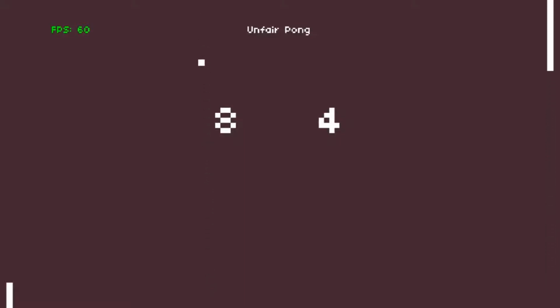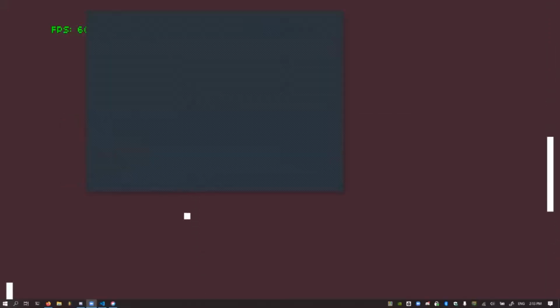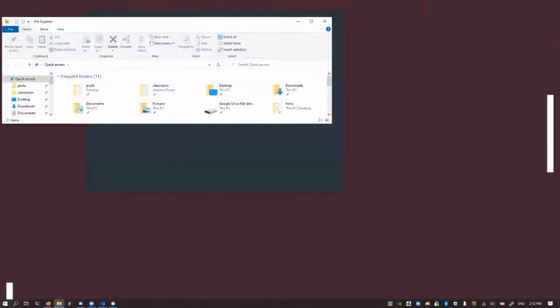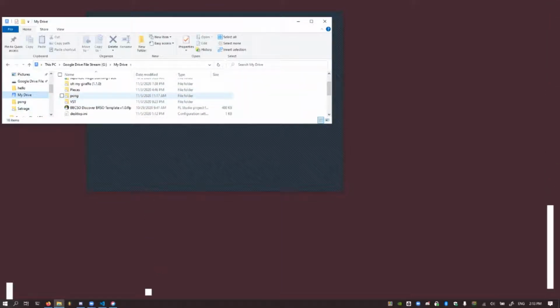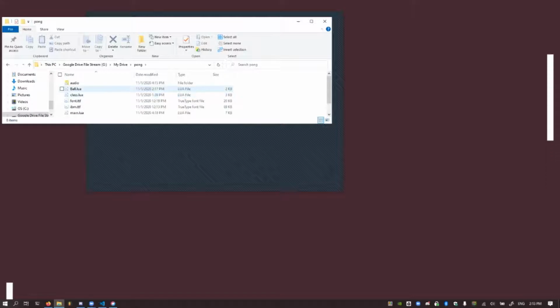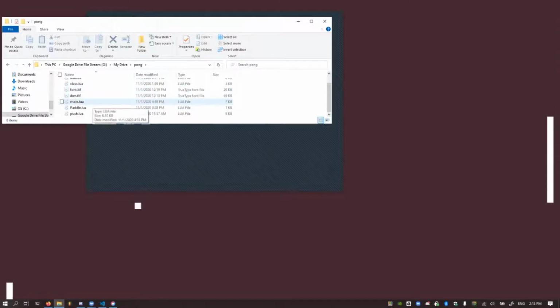And not only that, he's pretty big. So what I did when I programmed this is that I made sure that I was using constants to program this. So let's go. You should all be able to see my screen now, right? Let's go over here to my drive, go to Pong, and let's take a look at it, for instance, this function over here.